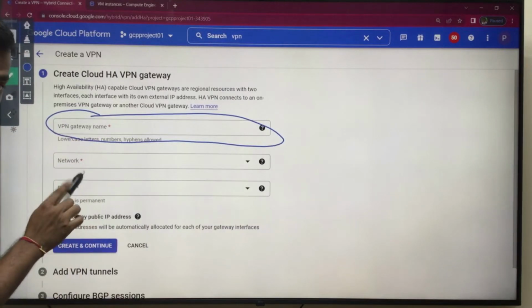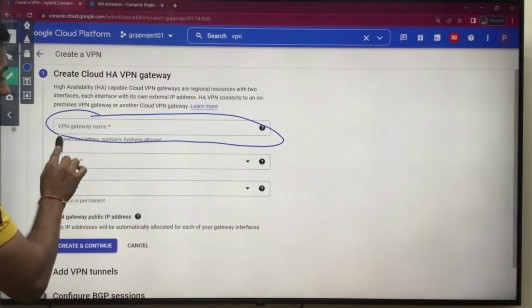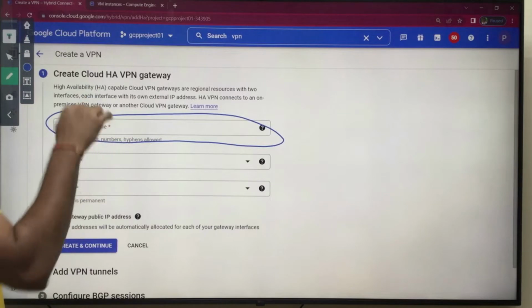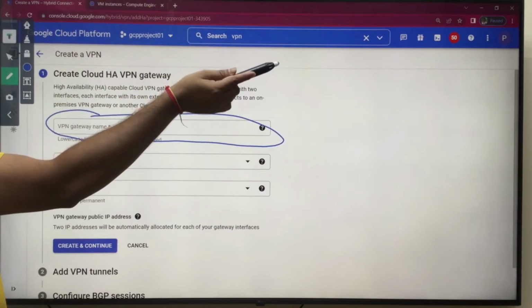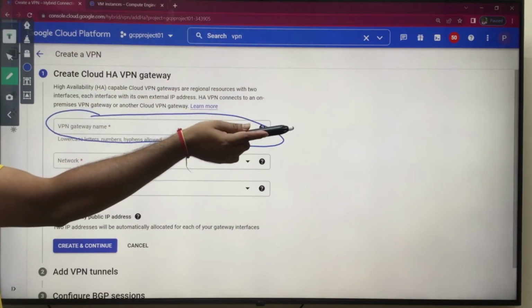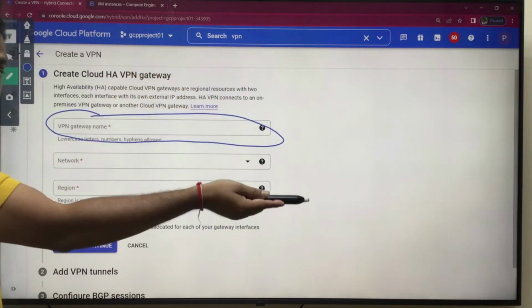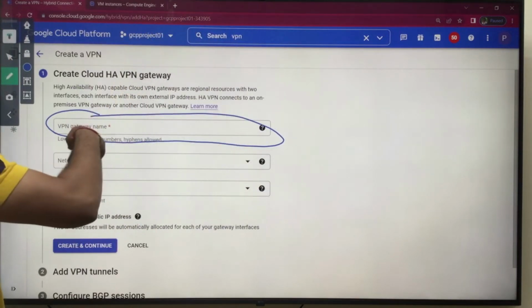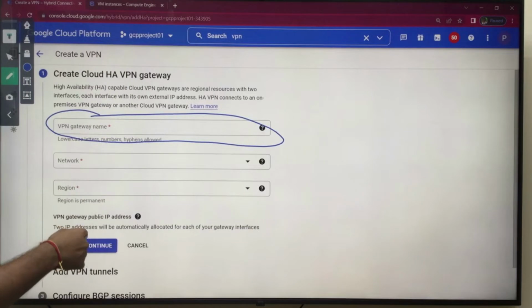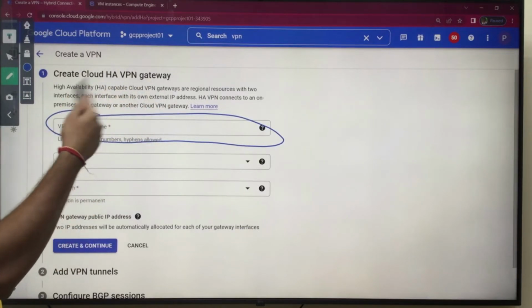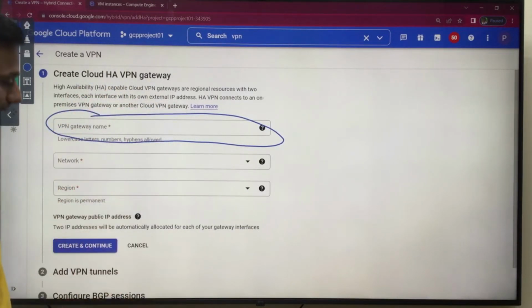This is most important. This VPN gateway name you will use in the project 2 VPN gateway, and the project 2 VPN gateway name you will use in the project 1 VPN gateway, so that both projects will know each other's public IP address.